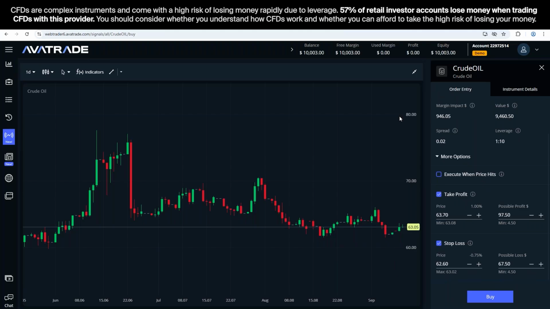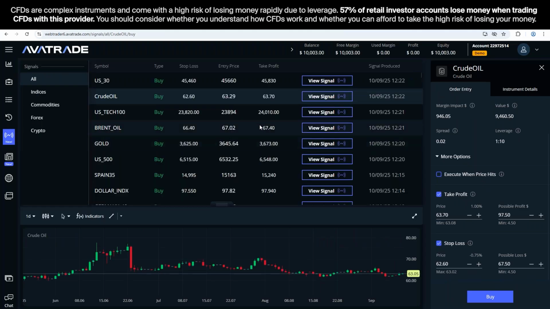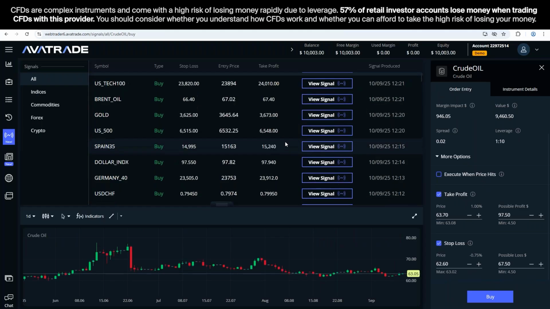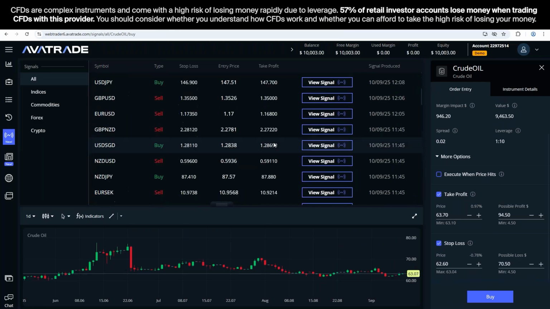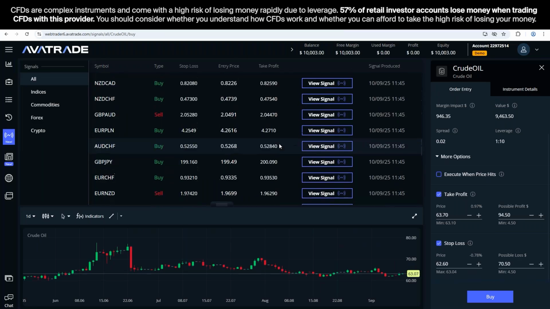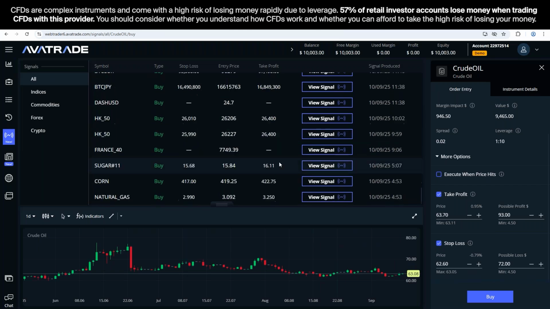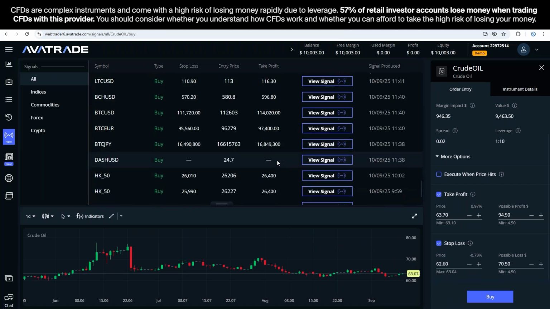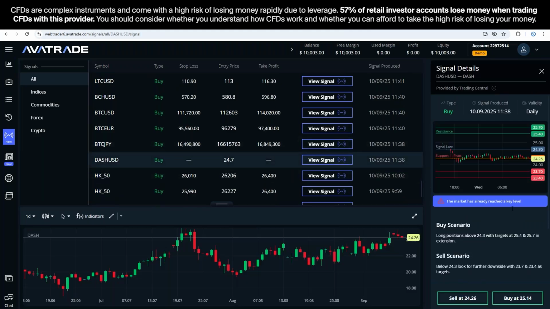It's ready for you. You don't have to set it by yourself. I'm also going to show you, of course, if you want, you can do further analysis, like I said. I'm also going to show you an example of a signal that's no longer useful. It seems like everything is still intact, but maybe we'll click on the dash. Okay, so the dash,